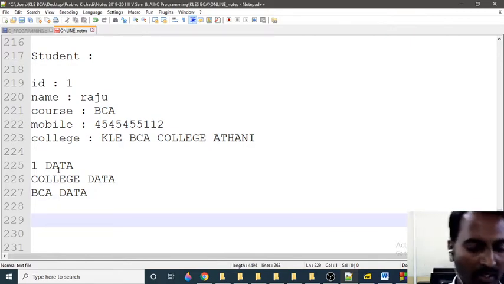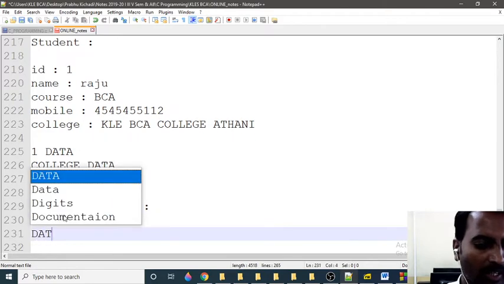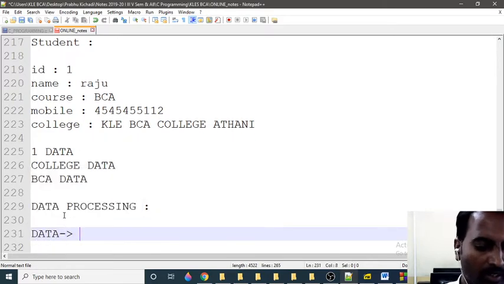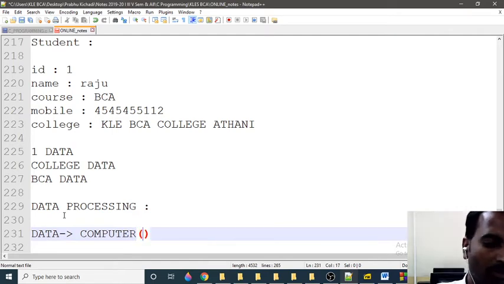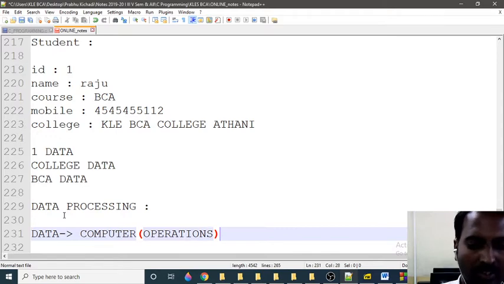Now there must be an ambiguity. That's why the data has to be processed to generate meaningful information. That process is called data processing. Data processing means supplying data to the computer. The computer will perform some operations, then it is going to generate meaningful information.